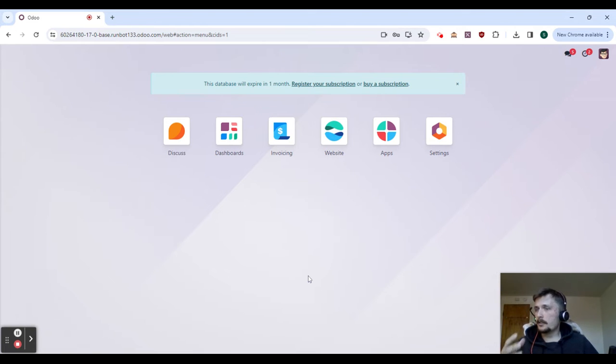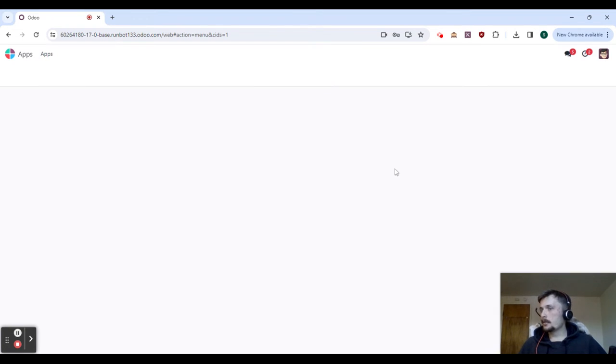Here we have just kind of an empty run bot that we're going to use to essentially fill in this workflow that we want to have. So, I want to start by actually adding the apps we need. I want to start with sales as well as inventory here. So I'm going to go into our app menu,